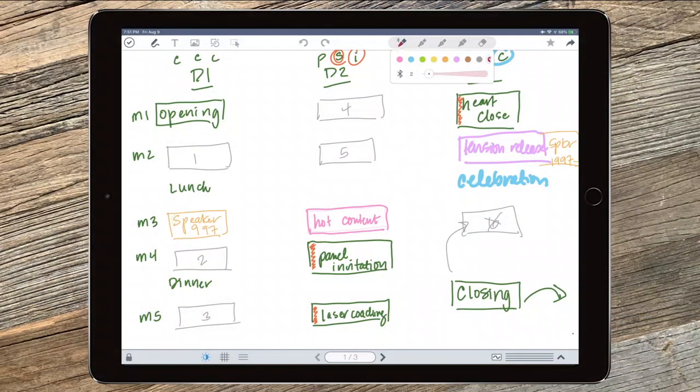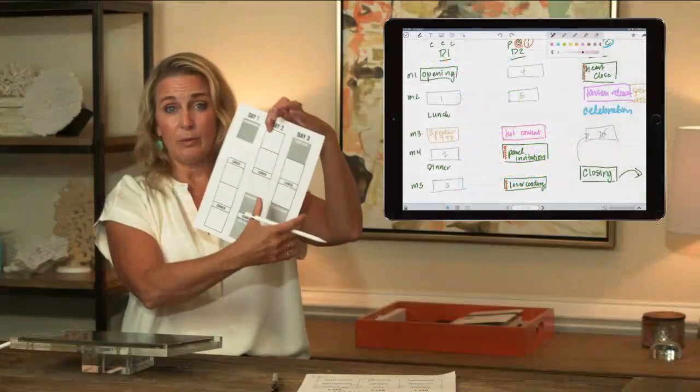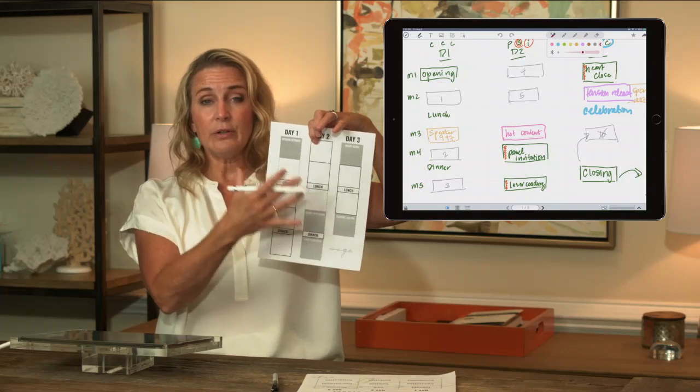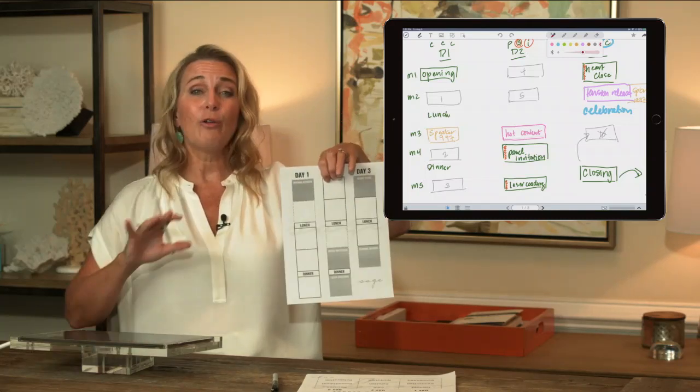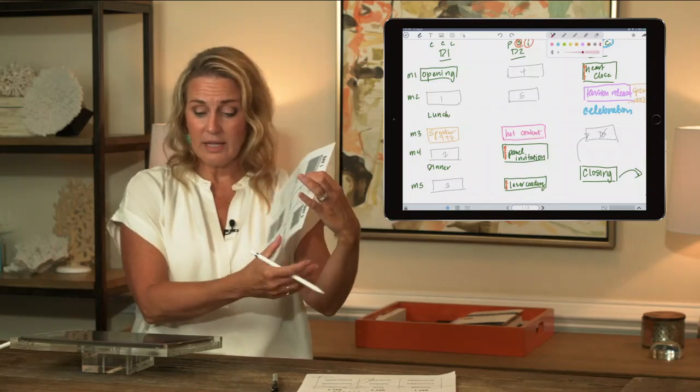Let me see if I can get this one. Okay. So for those of you, and I've actually mocked this up. This is part of what you're going to get tonight, right? You can see this here has a lot more detail than what I'm going to be giving you. I'm going to give you a blank one that you can fill in and create your own. And I'm going to give you a super detailed one that has all the notes that I've been sharing with you tonight so that you don't have to take notes.